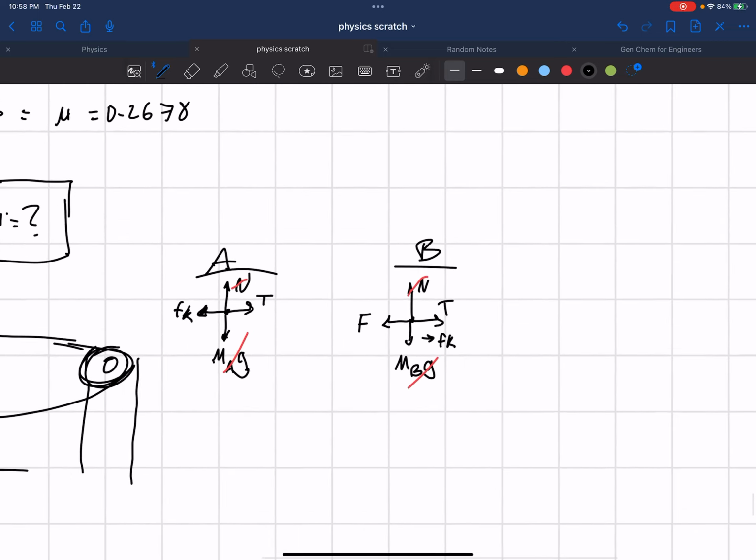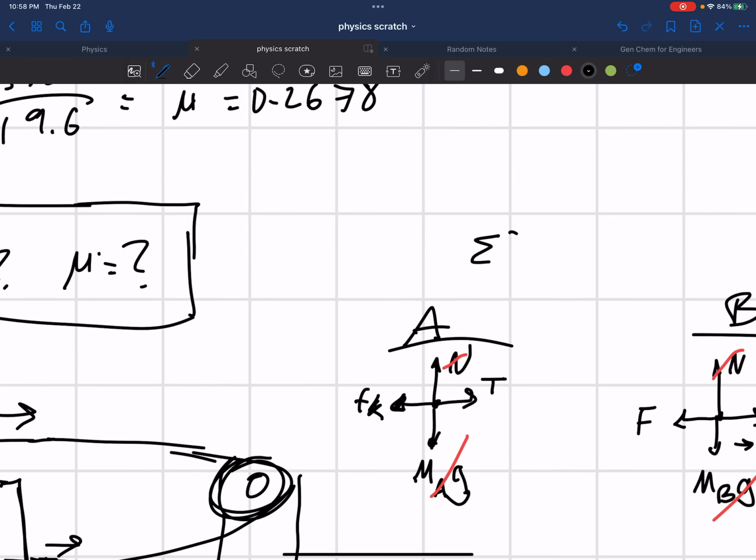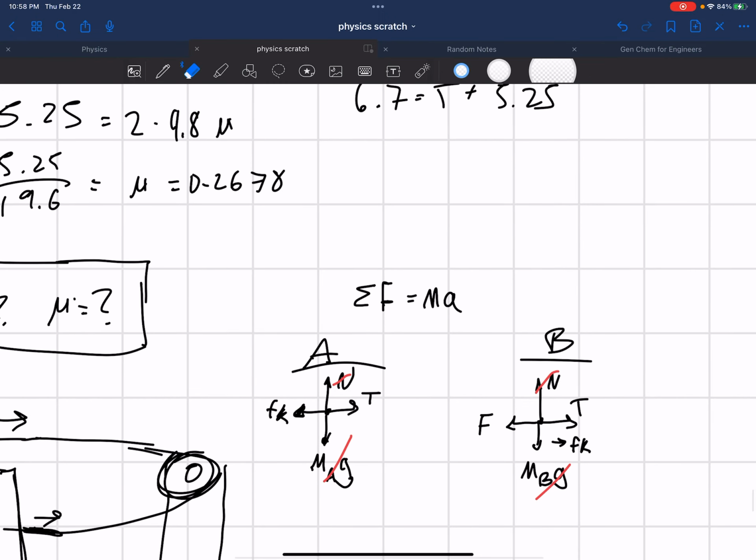Who cares? All right. Next thing we're going to do, we're going to write A. So we know F equals ma. The sum of F. This is the sum of all the forces acting upon this guy. That's the sum, which means you add them all up. But obviously it's in the x-axis, and we're only looking at the x-axis, so it doesn't matter. Equals ma, mass times acceleration. In this case, we're going to write m_A a, okay? This one is F equals m_B a, because we're talking about block B and we're talking about block A.